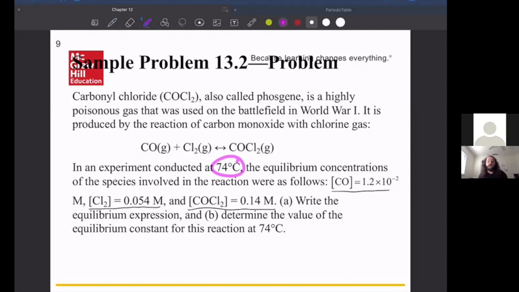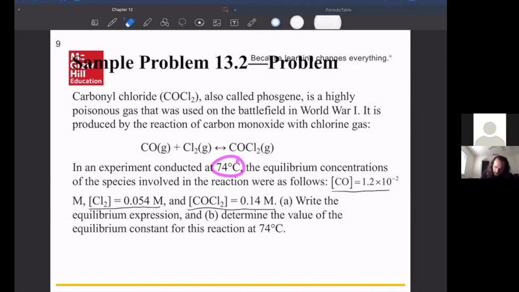What's important about that is that equilibrium constants change for different temperatures. So a reaction carried out at 74 degrees Celsius would have a different equilibrium constant than a reaction carried out at, say, 25 degrees Celsius. So when we're talking about our equilibrium constants, you always have to keep a temperature in mind. The temperature has to be the same throughout the problem, basically, and it always will be. But that's why the temperature is given, is because this equilibrium constant is going to be unique to a given